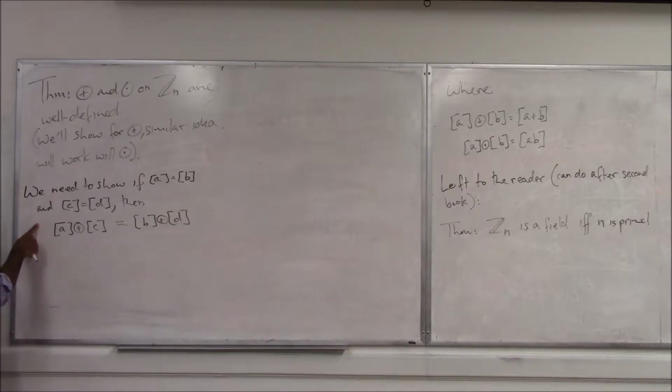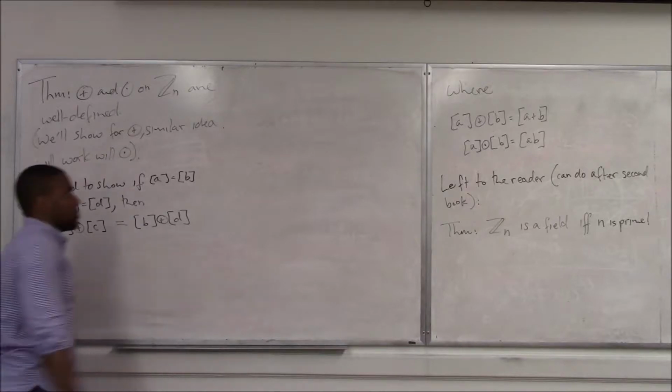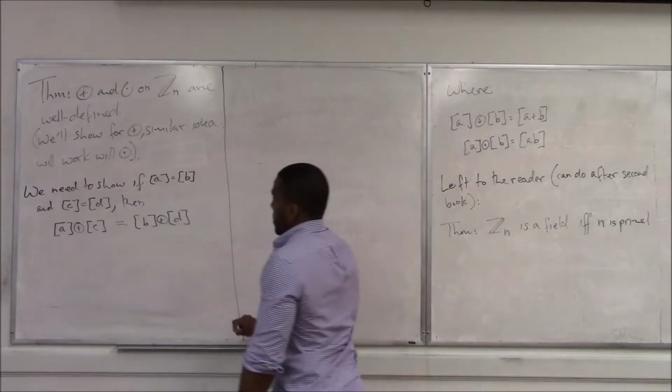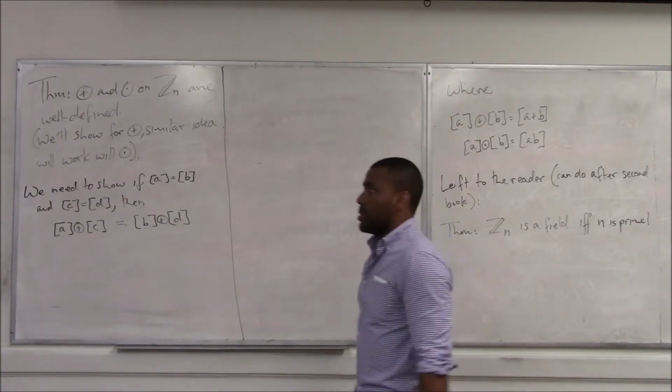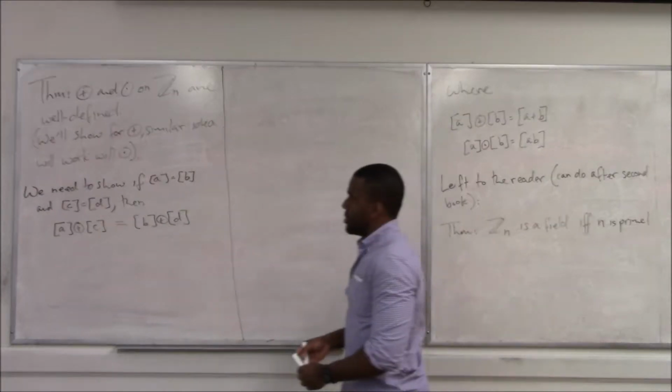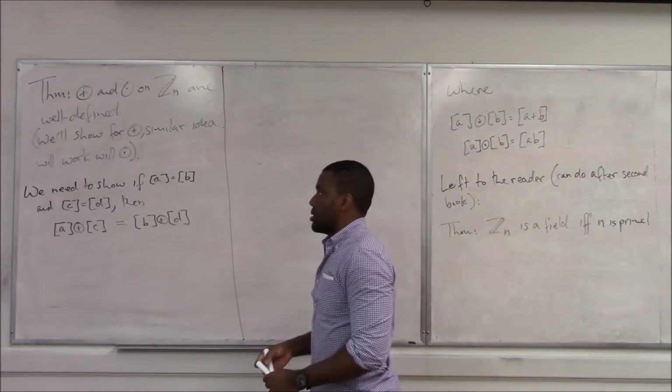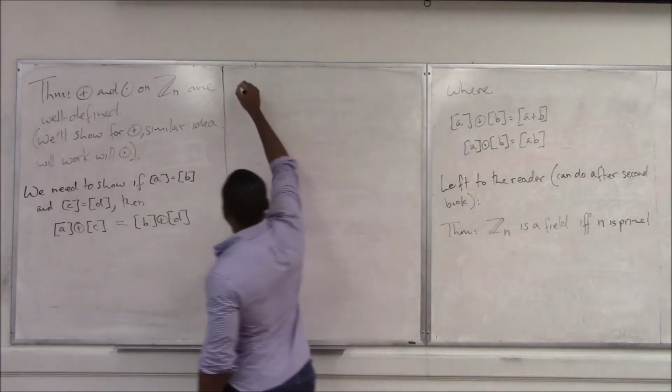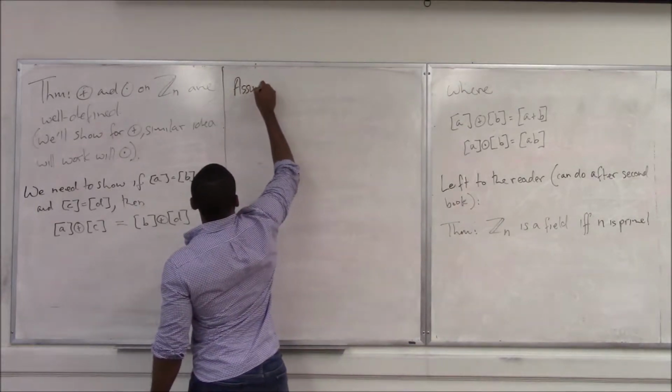And we'll talk a little bit more about functions. I'll give you a more mathematical definition of how you want to think about being well defined in general. But for now, we'll show this. Okay, so go. What do you do? What equivalence classes A, B, C, and D in Z_n? Yeah, assume